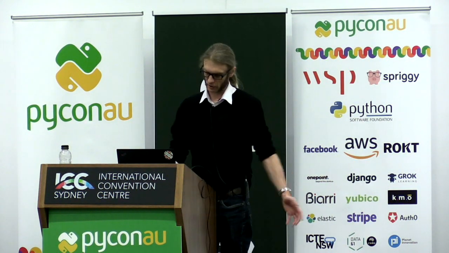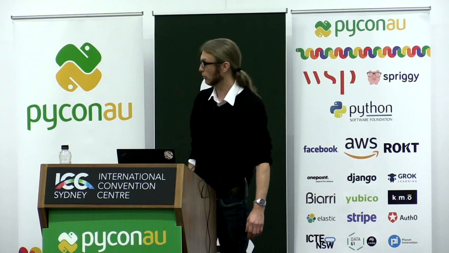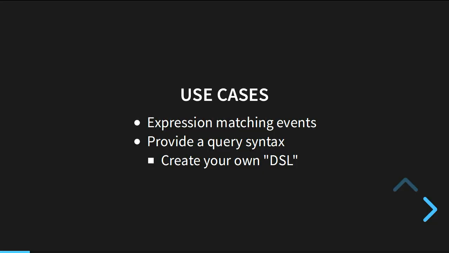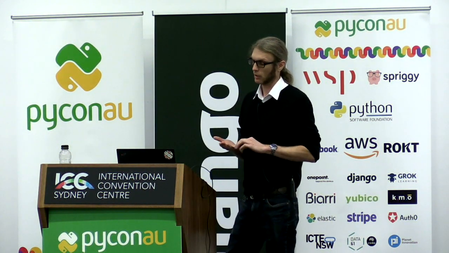So I just wanted to briefly start, before I get into exactly how to do all this, with some use cases on why you'd want to do this and where it would be used. Even though I've been dropped into the Django track, this was originally a security talk, but some of this will apply to things you might want to do in a Django application, especially APIs. So some of the use cases I'm going to go through here are